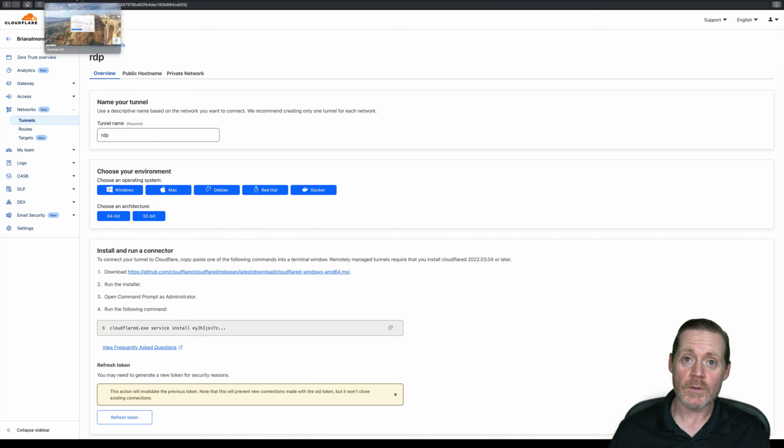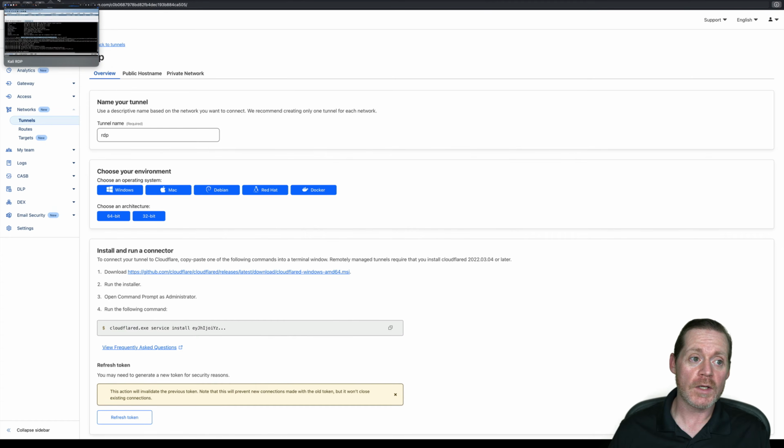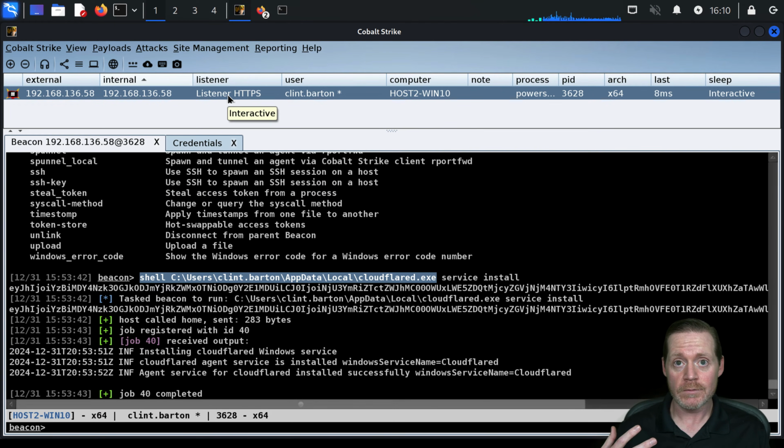Okay, now that Cloudflare is installed, we no longer need Kali, and we no longer need basically anything. We can use any computer that Cloudflare is connected to reach into our host, right? I can completely abandon Cobalt Strike here. I can remove my beacon. I can do whatever I need to do, and I will still have access to this host to reach the domain controller on 3389